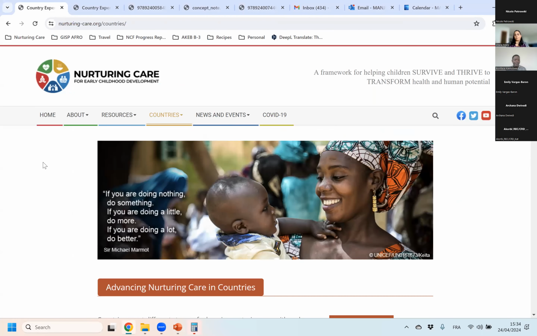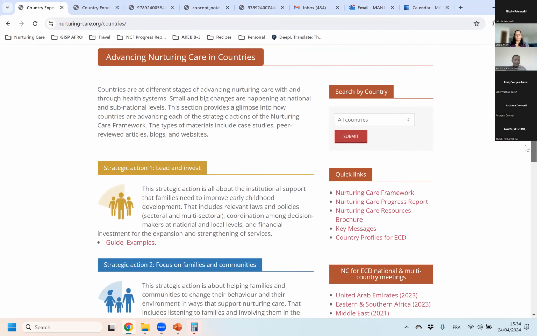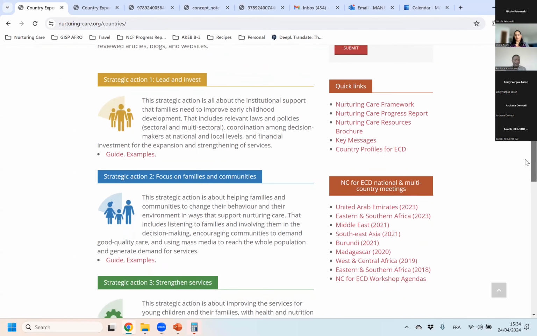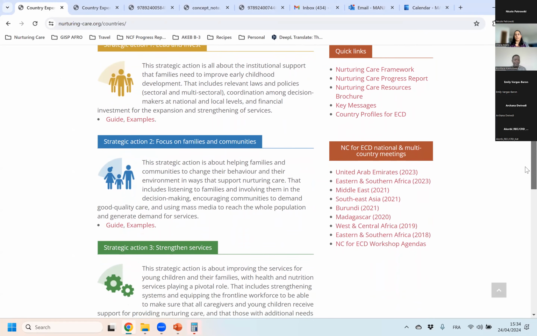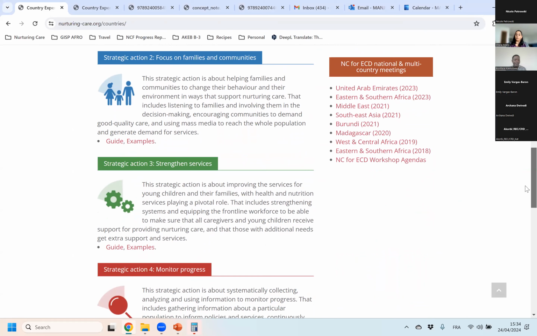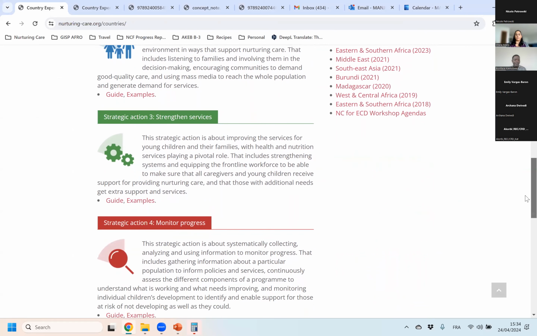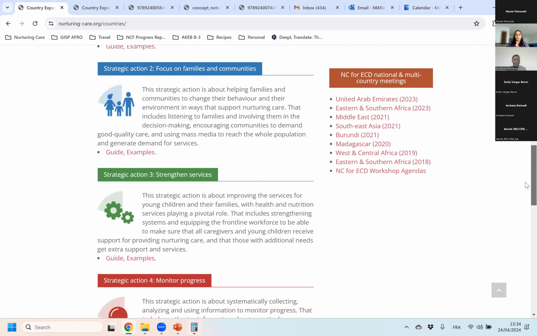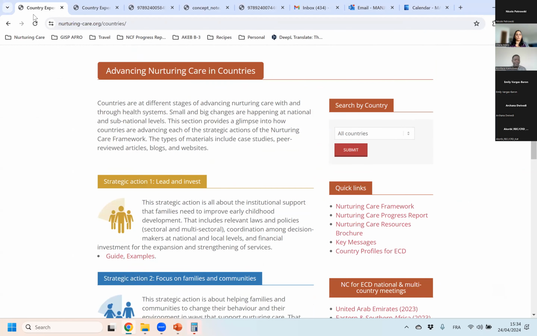All right, so on the Nurturing Care website, we have the country section and country experience. And that's where I am right now. The country experience page then has the 5 strategic actions, where you can click on each of these to access the handbook, the guide, the Nurturing Care handbook, as well as examples and key resources. So if I flip to